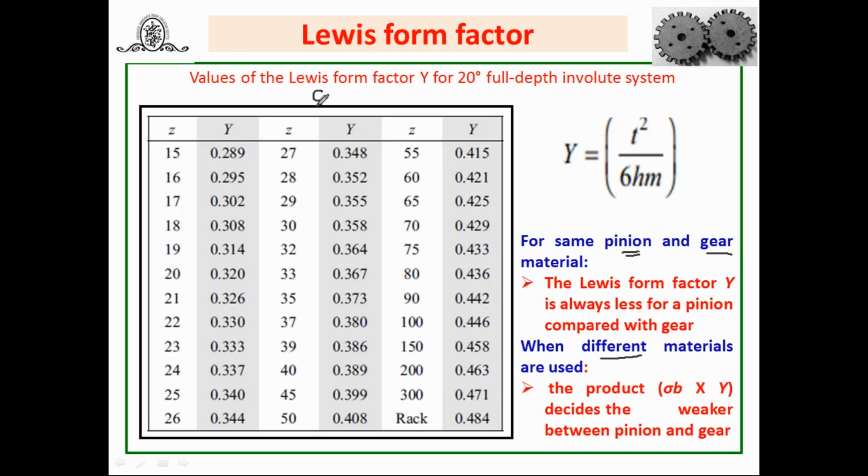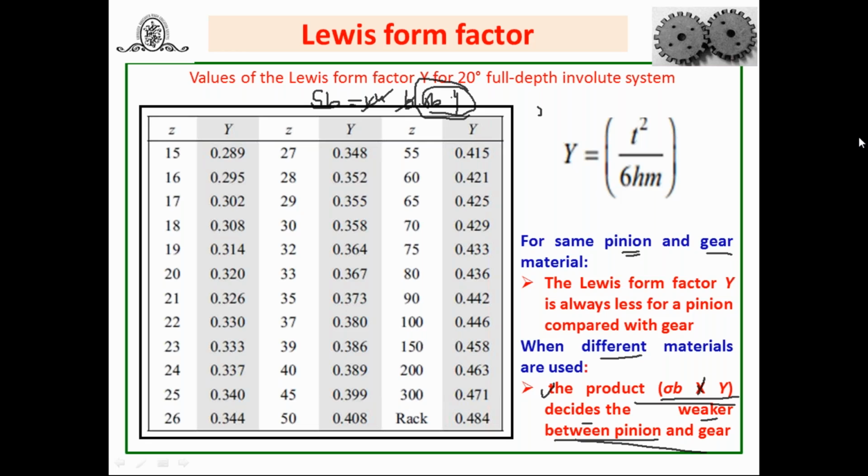That time, if I am going to write the same equation, SB is equal to beam strength, M into B into sigma B into Y. Again, for a meshing pair, M remains same, B same, only sigma B into Y differs, because if the pinion is made up of one material, sigma B is different because SUT is also different. Sigma B is SUT by 3, and the Y depends on the number of teeth. So if different materials are used for pinion and gear, the product sigma B into Y decides whether the pinion is weaker or whether the gear is